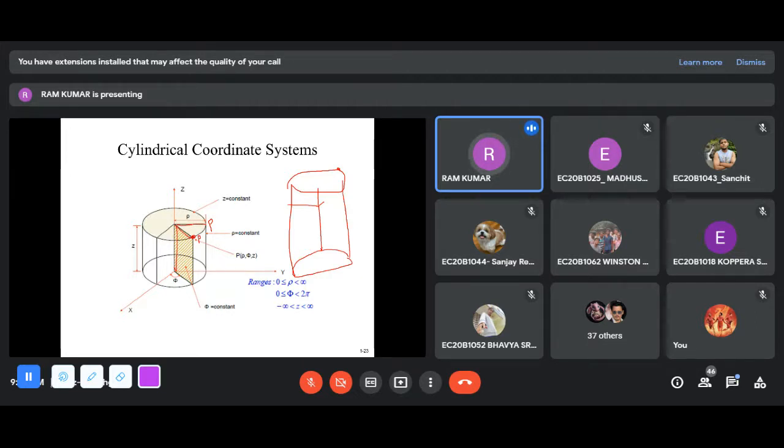Anyhow, the radius won't change, right? Rho. Now, what is the angle? Exactly that normal line which goes with this. This is the angle phi, right? Now, what is the angle between this rho and phi?